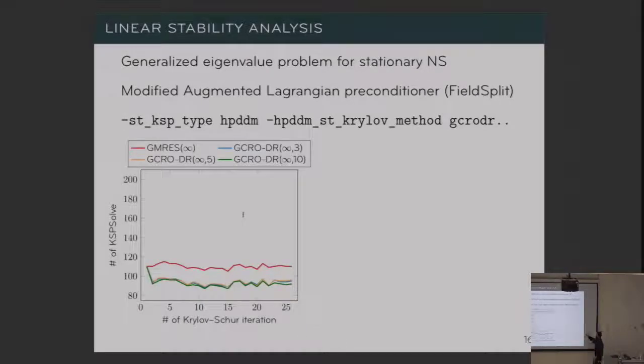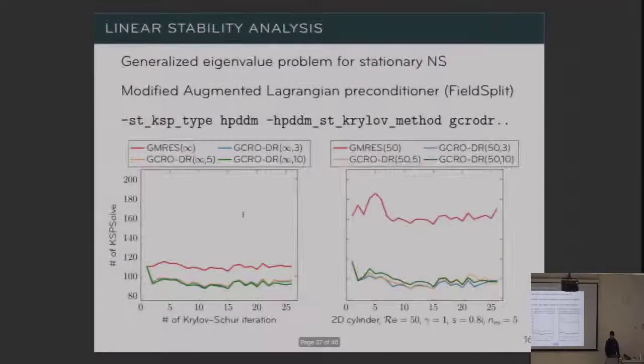So this is the first example. Let's assume that you can do GMRES with an infinite dimension, so you do no restarts. So what's interesting to notice is that if you turn on recycling between the different solves of your Krylov-Schur method, you can converge faster. So that's interesting numerically. And the results are even more interesting when you actually have to do some kind of restart inside your GMRES in your Krylov-Schur method.